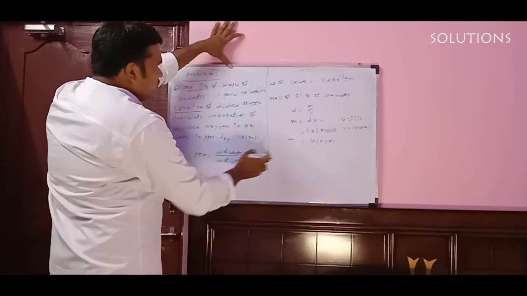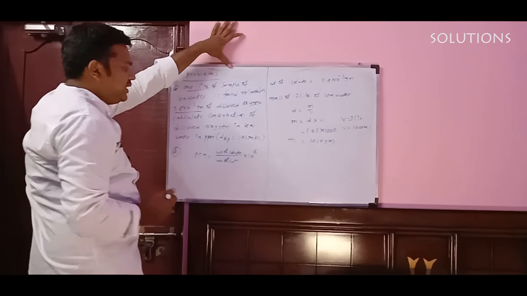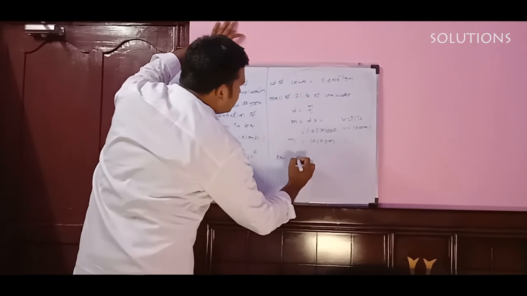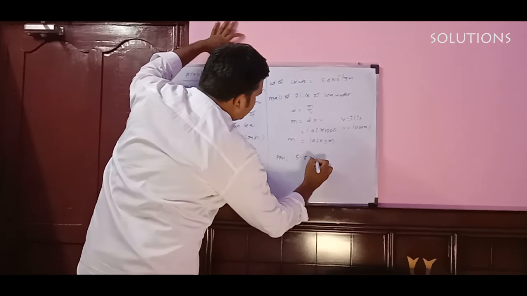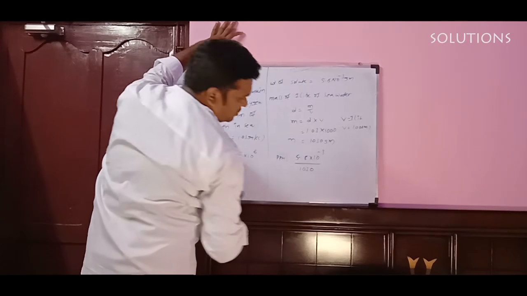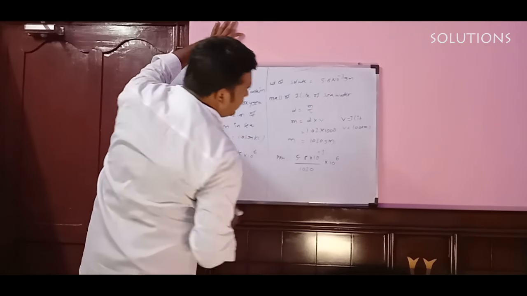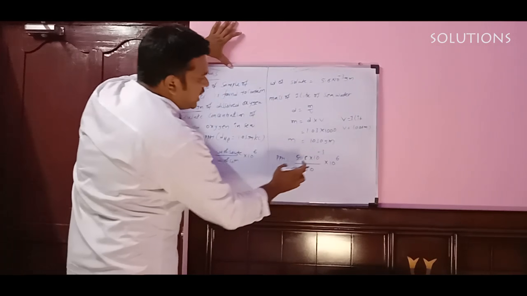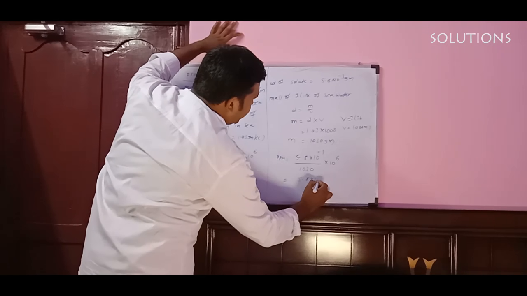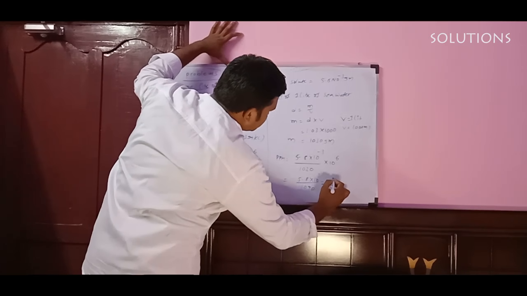This is the mass, or you can say the weight, of the solution. Now I am writing ppm is equal to the weight of solute, 5.8 into 10 power minus 3, by 1030 into 10 power 6. So here 10 power minus 3 and 10 power 6 are there. How can you write this? 5.8 into 10 cube by 1030.